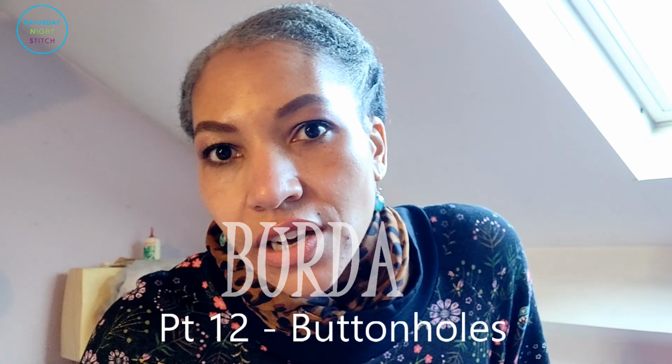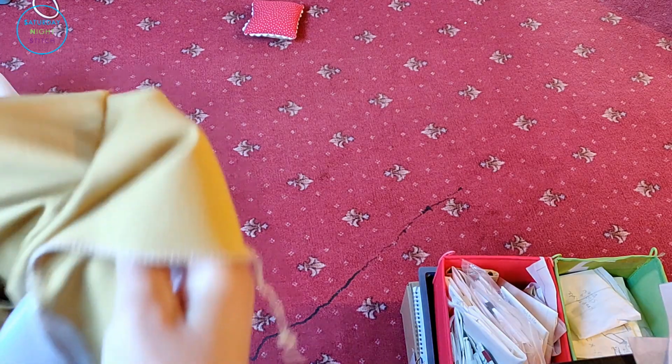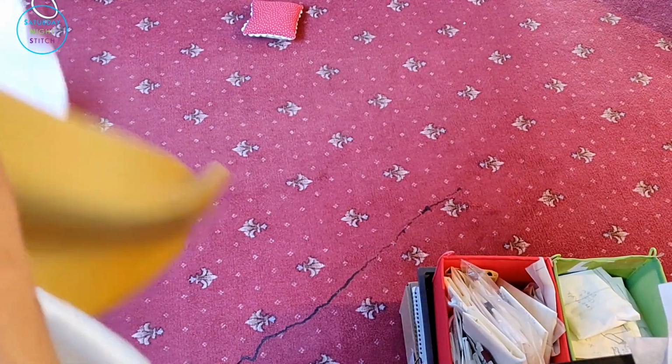Today, we are going to start off by looking at the bigger picture, showing you what we have done so far. And then I've chosen some buttons. So we're going to do the buttonholes. Hopefully, if we have enough time, we'll do the bodies, as in sewing up the shoulder seams and then attaching the sleeves. In terms of the bigger picture, we've got the skirt,